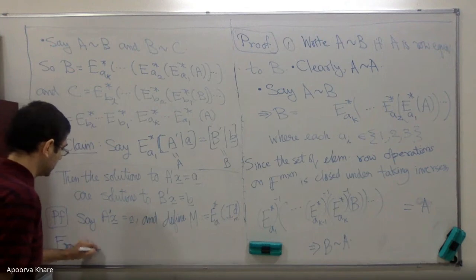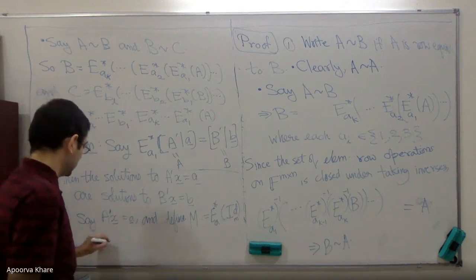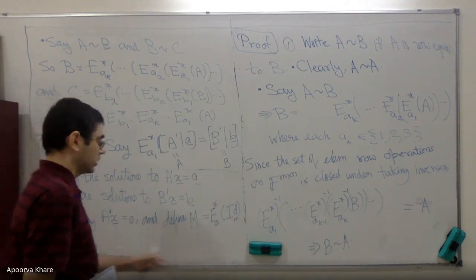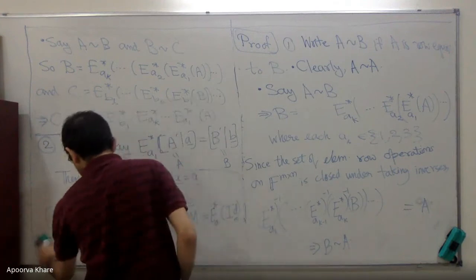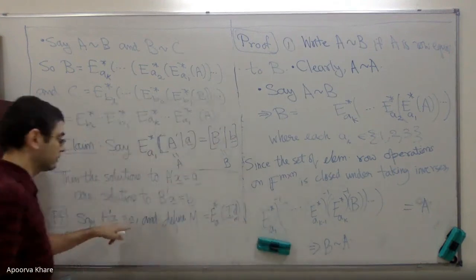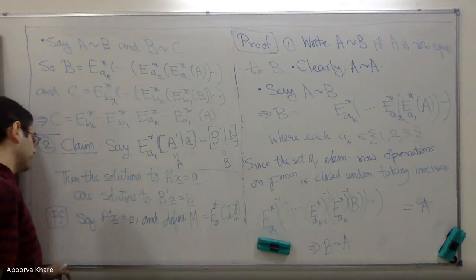I think from class. Sorry, not yet from class. So because A prime X equals A and M is defined this way,